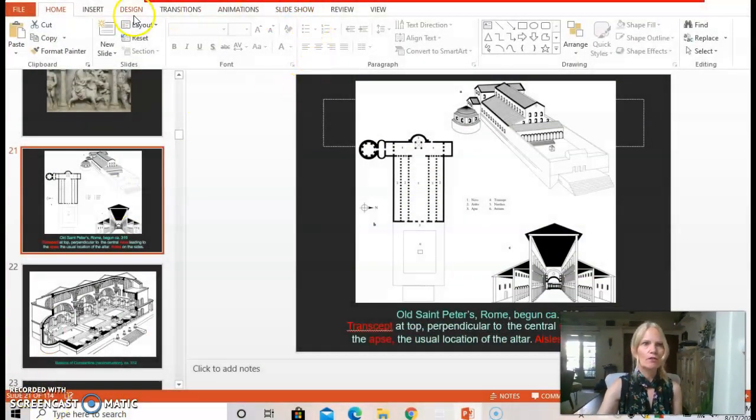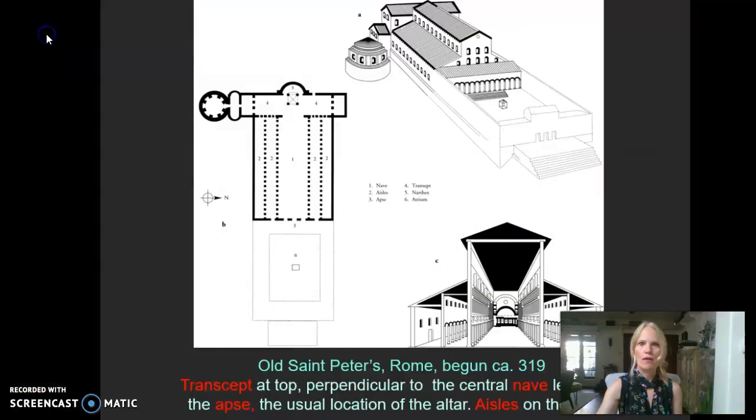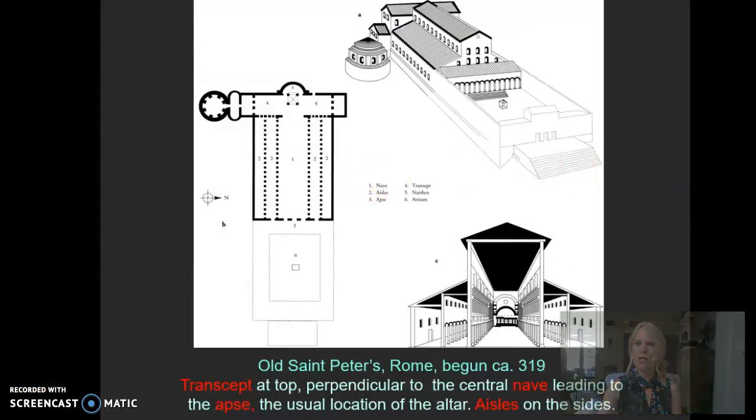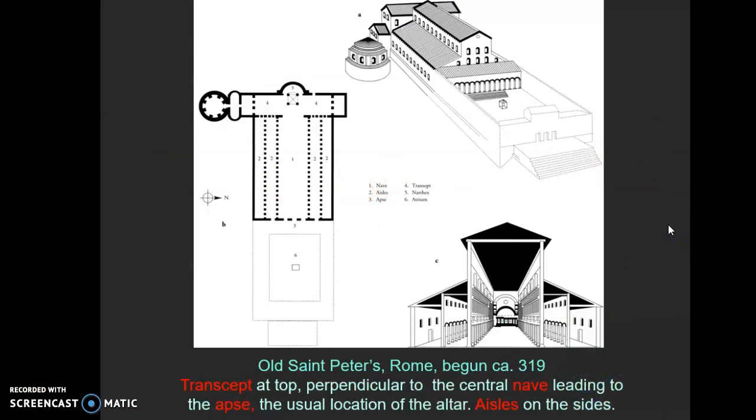All right, last time around, of course, we took a look at architecture under Constantine, and very quickly we looked at what did sit once upon a time in Vatican City in Rome. Was a small church, although really it could hold some 3,000 to 4,000 people, called Old St. Peter's. So we took a look at this. It was torn down during the Renaissance. Michelangelo was one of the architects involved in creating a huge mega church, which is what you see when you watch the Pope on the news or various sermons. That is what replaced it.